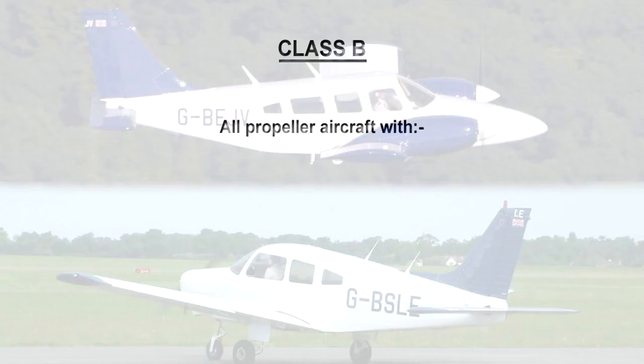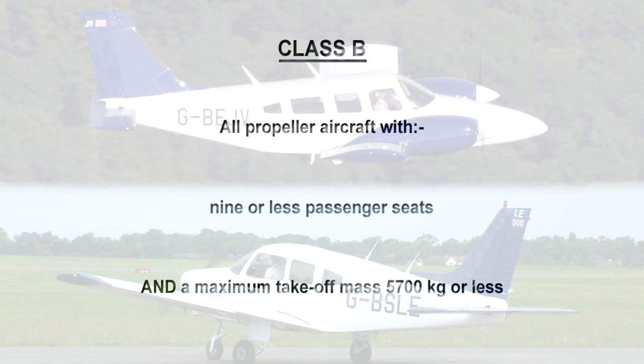The second class of airplane for public transport is Class B. This includes all propeller-driven airplanes having 9 or fewer passenger seats and a maximum takeoff mass of 5,700 kilograms or less. This class does not meet the European Aviation Safety Agency certification specifications for large airplanes, and can include both single and twin-engined airplanes. The performance regulations for this class are not as stringent as for the Class A airplane,